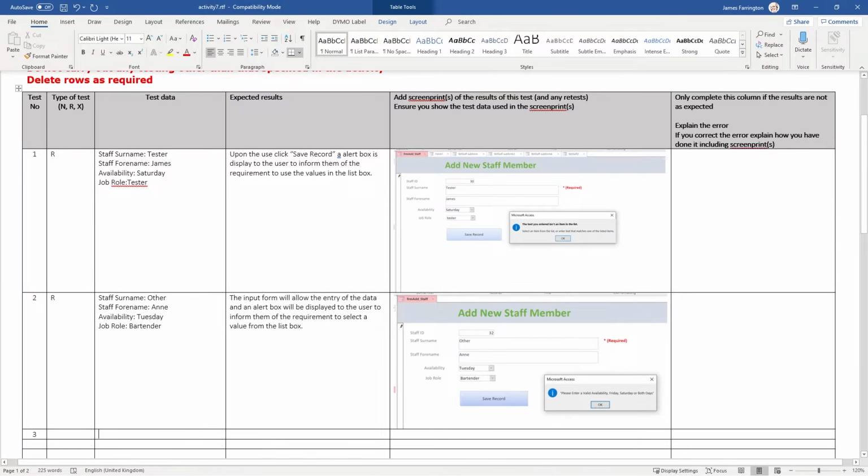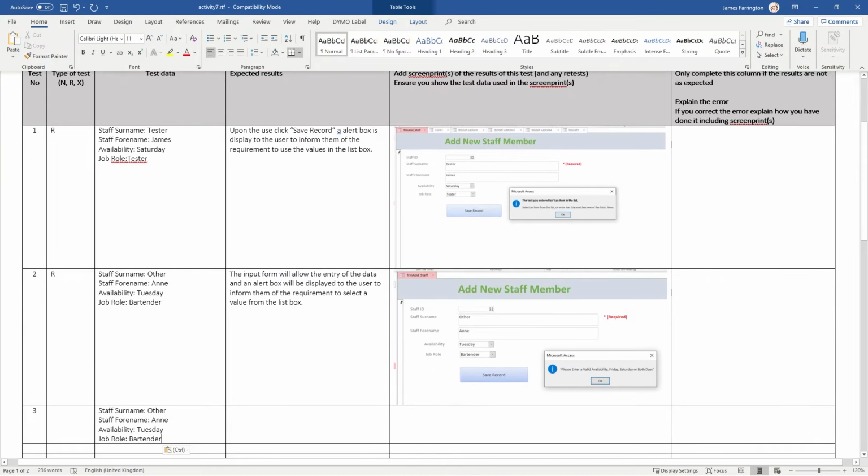I would in this instance copy and paste from our previous test, because this data is going to be quite valid, because it actually didn't save last time because of the issue we had with our invalid availability. And we could put in our expected results of a dialog box